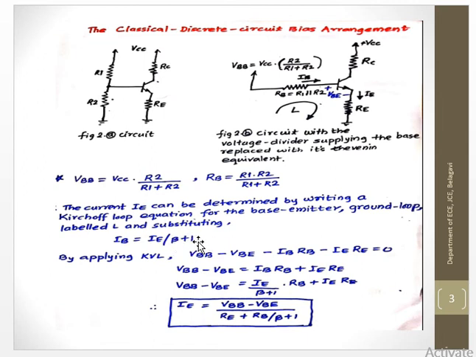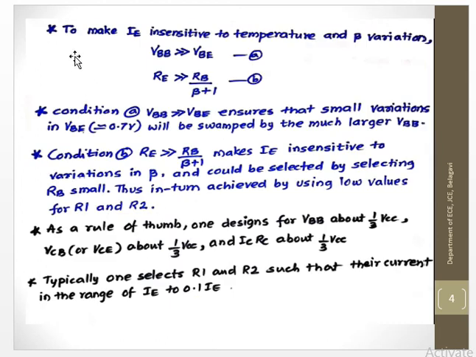As beta is higher, the variation in beta plus 1 is much lesser, so we can approximate beta plus 1 as equal to beta for larger values of the current amplification factor, to make IE insensitive to temperature and beta variation. Now, beta, the current amplification factor, is determined by the process by which the device is manufactured. So if you take the same two transistors, say BC109 BJT,